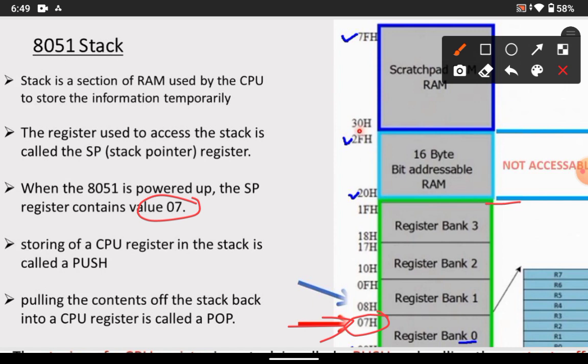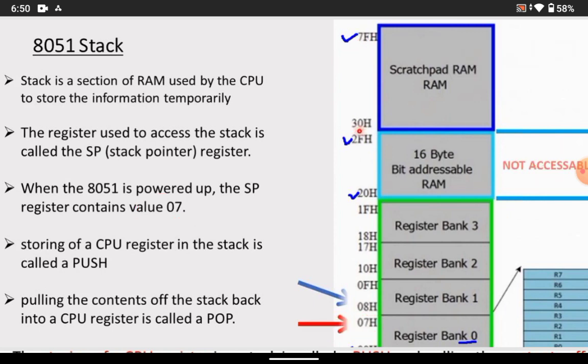That one is not accessible by the stack, and the scratch pad area is from 30 to 7F. Here we can use all these addresses for the stack as well as the scratch pad area, but we are not using the bit addressable RAM memory location.